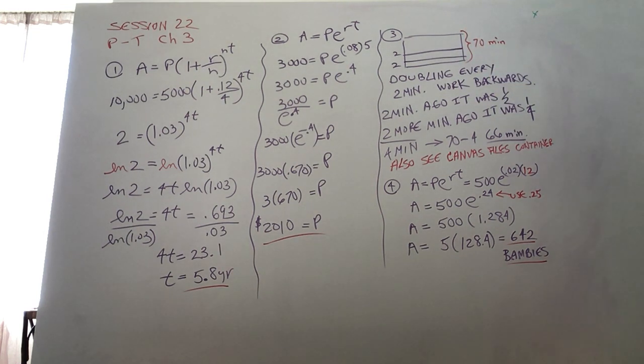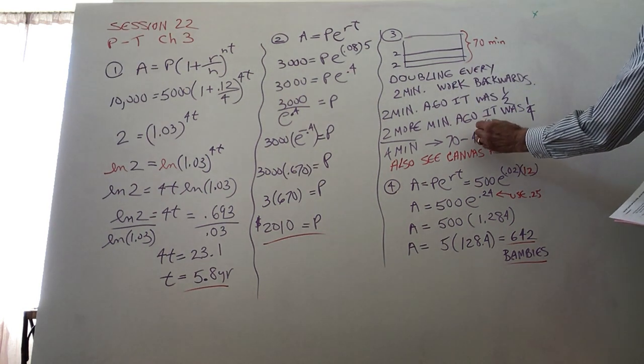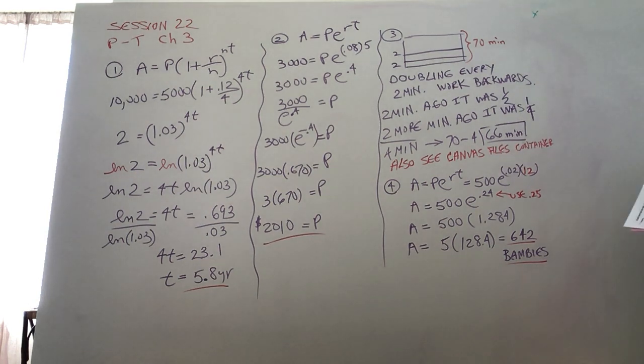So to answer the question, how long did it take to fill a quarter of the container? It was 66 minutes. 66 minutes for 1/4. 2 more minutes, 68 minutes, it was half, it doubled, and then 2 more minutes after that, it was full, 70 minutes. Again, take a look at I have the nice 3-dimensional pictures there for you also in the files